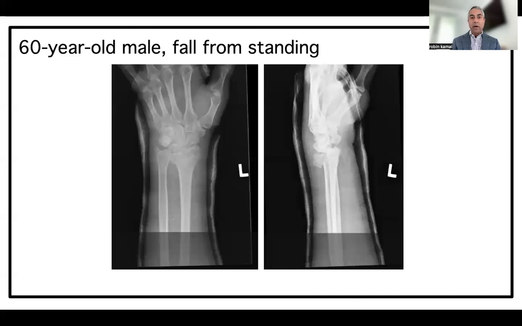Here's a 60-year-old male who fell from standing. It's AP and lateral of a wrist. Simply, we see an intra-articular distal radius fracture, but what we'll review today is there's more nuance to this in terms of evaluating the pattern and its risk for instability in the future. And we'll review approaches to both surgically reduce this type of fracture as well as how to fix it and